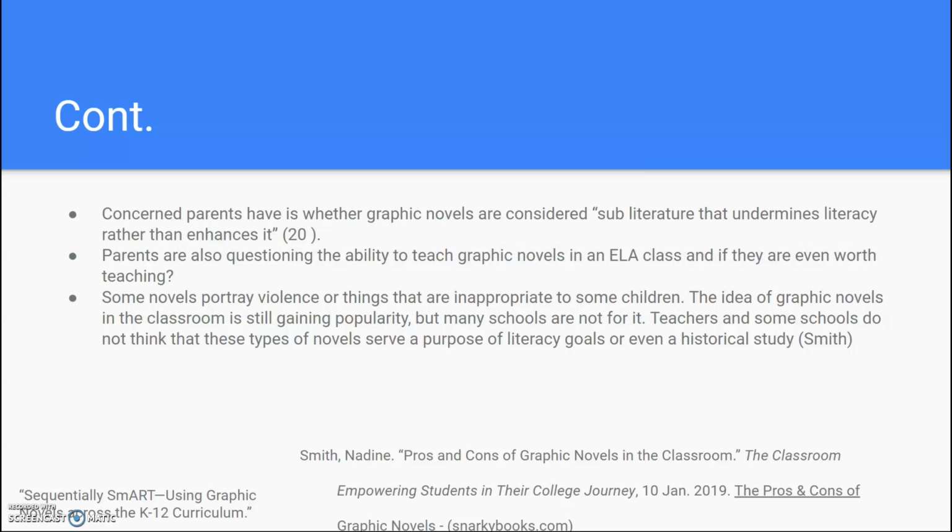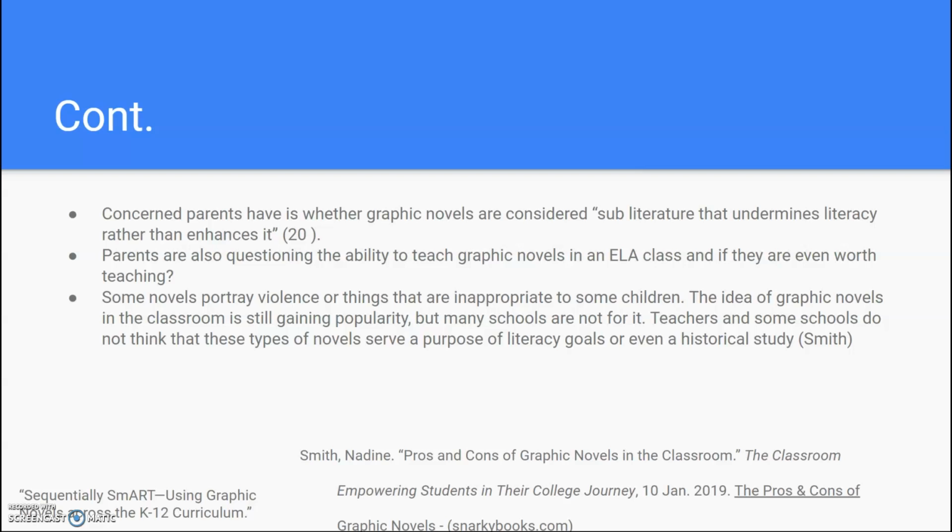The second one is that parents are also questioning the ability to teach graphic novels in the ELA classroom, and whether it is even worth teaching. The third one is that some novels portray violence or things that are inappropriate for some children. The idea of graphic novels in the classroom is still gaining popularity, but many schools are not for it. Teachers in some schools do not think that these types of novels serve a purpose for literary goals or even